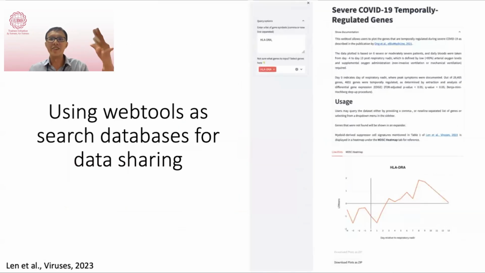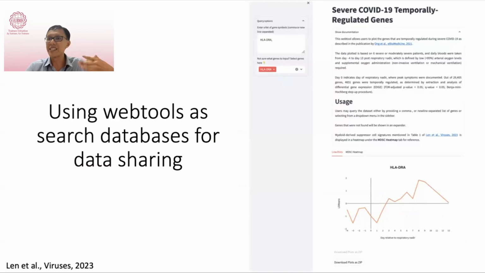And finally, if you have databases, you can put multiple databases together, and then it becomes a web tool that allows other researchers to look up, for example, their gene of interest, to see how their gene changes with time or with different conditions. All of this can be easily executed and very easy to maintain as well.